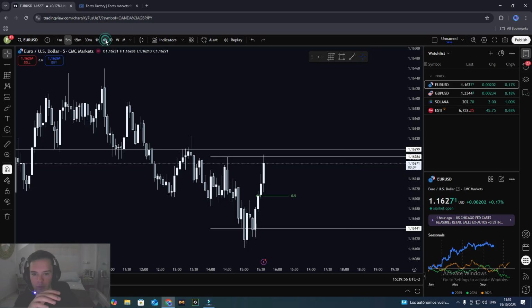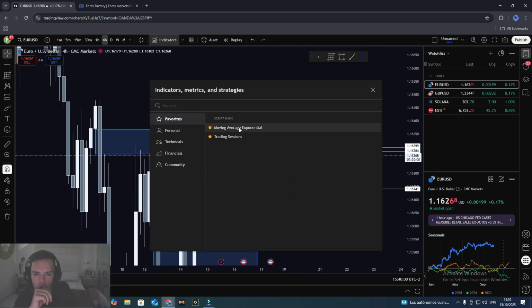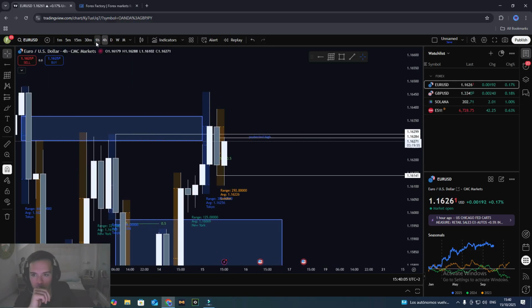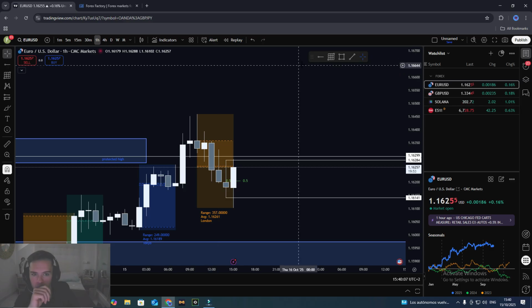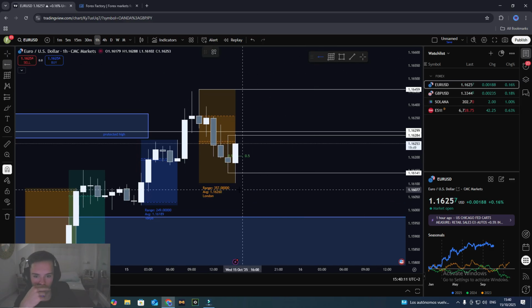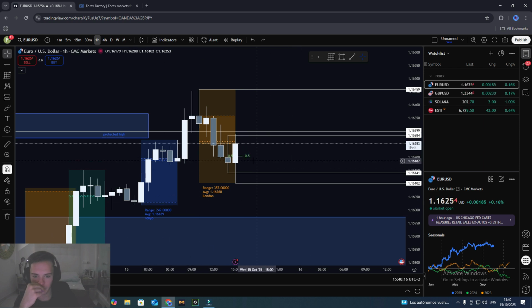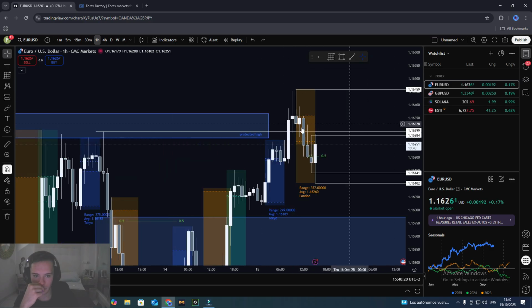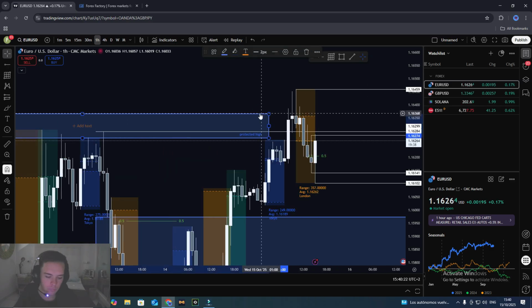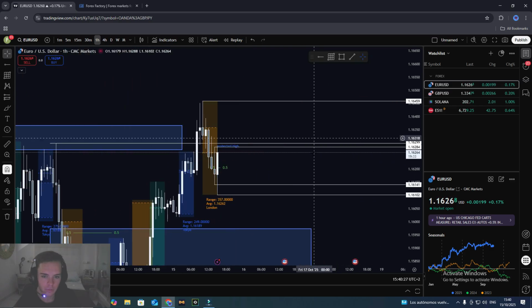Well, now we have to watch out. Now we need to look for some more key levels, because we've just had both key levels taken already. So let's mark out some session highs. We've already got a session low there, so I don't know how we're going to work on that. This might still be acting as a key level there.